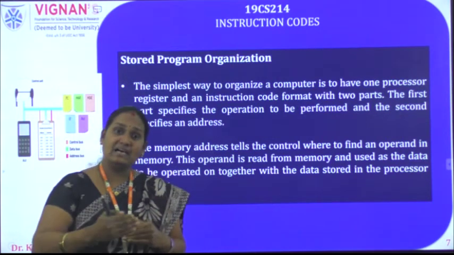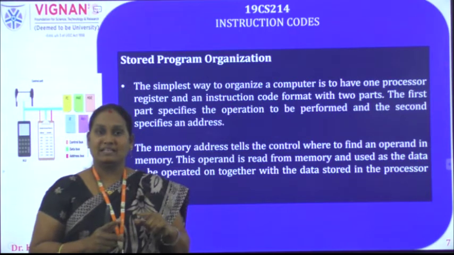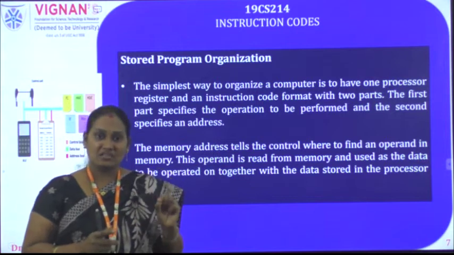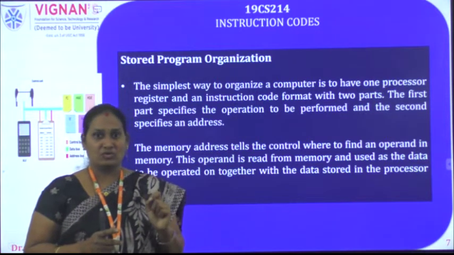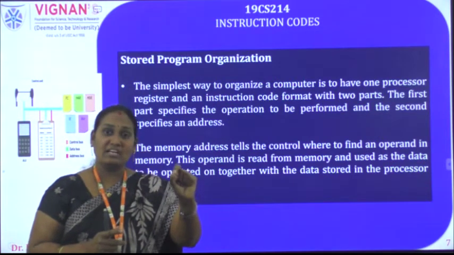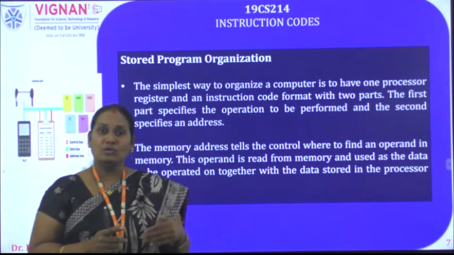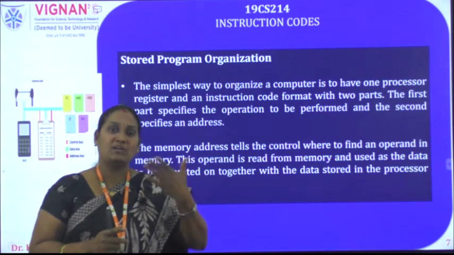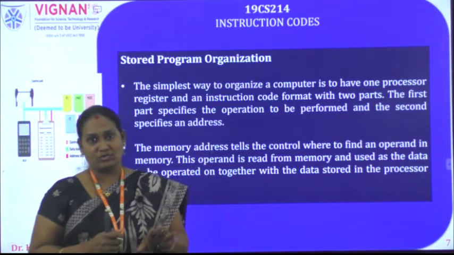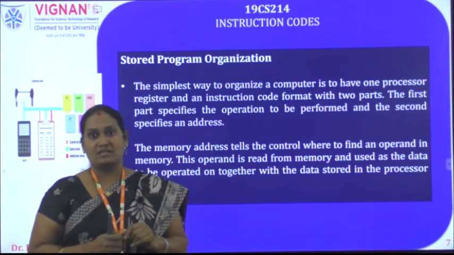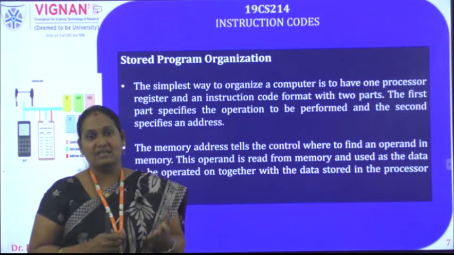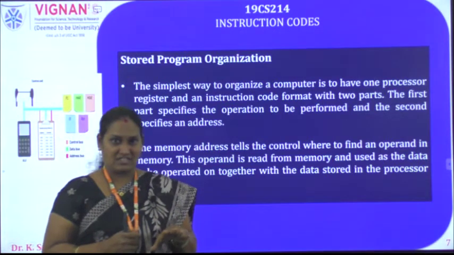Now, on which data are these micro operations performed? On the data stored in registers or the data stored in memory locations. So the instruction code not only specifies the operation code, it should specify in which register or memory location the data is present. And after performing the operation on the data, we obtain some results. Those results should also be stored into registers or memory locations. To which register or which memory location I have to store the result, that also has to be specified by the instruction code.